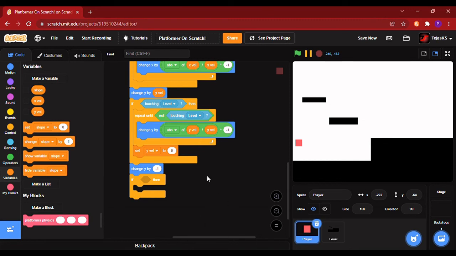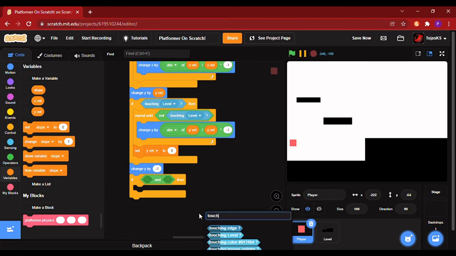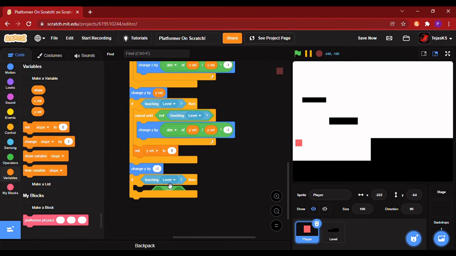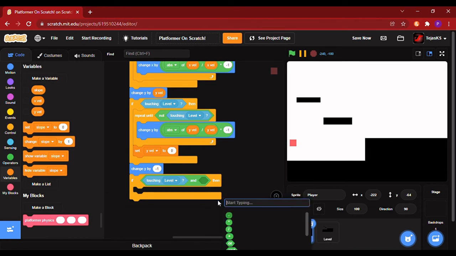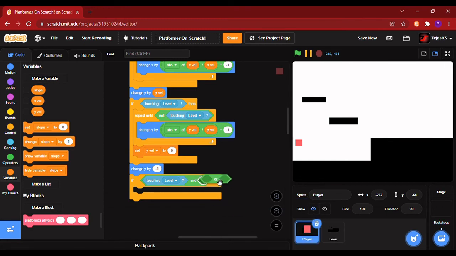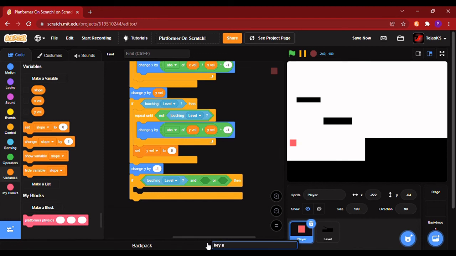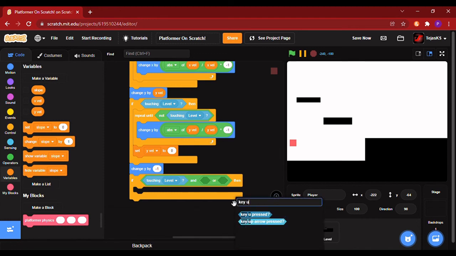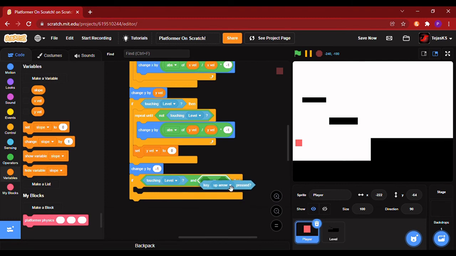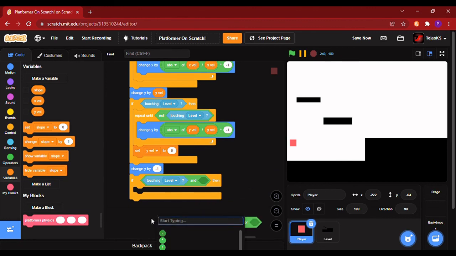If touching level and then get or key up arrow is pressed, key up arrow is pressed, or key W is pressed.